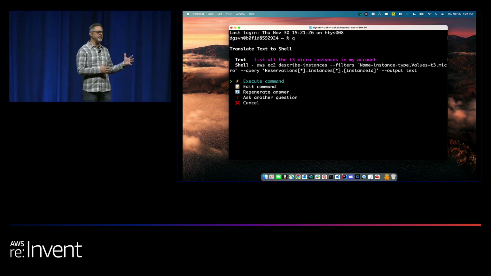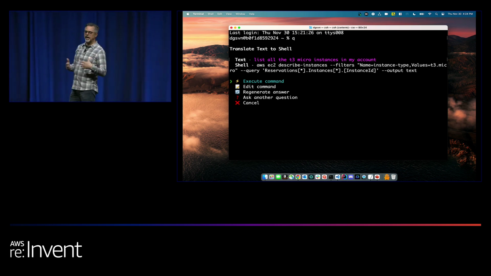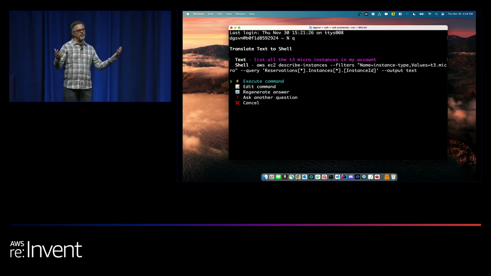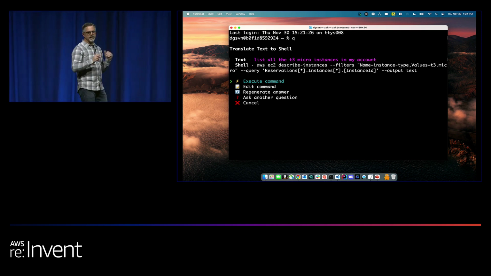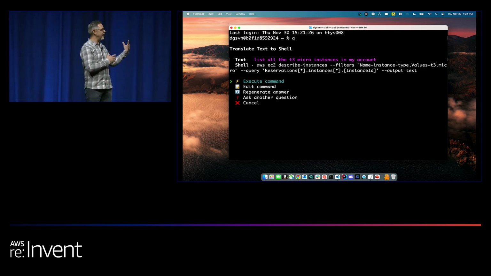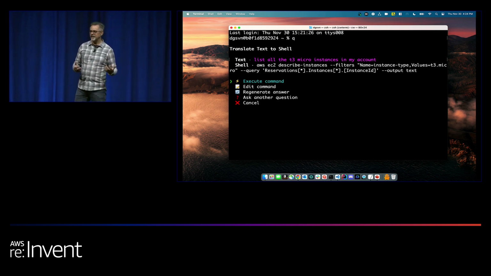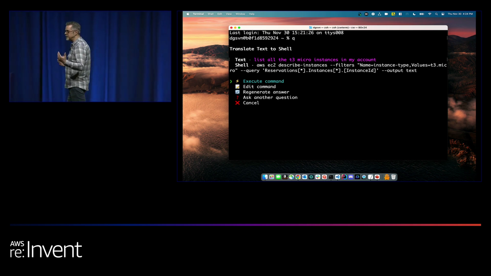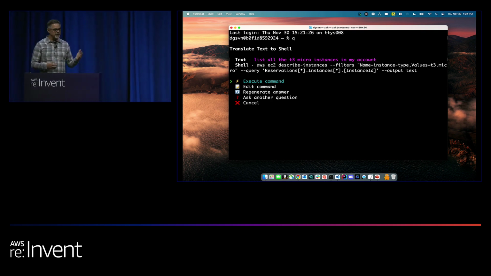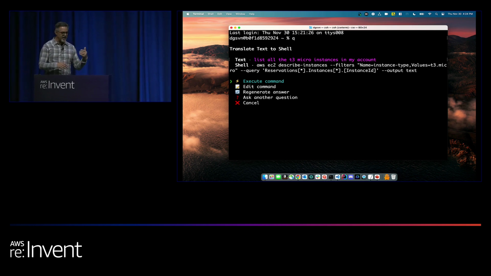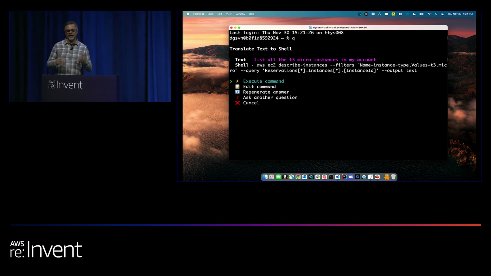And this is very similar to what we built in CodeWhisperer, where I can express myself in natural language. I can express myself in a comment, and Q and CodeWhisperer will look at that comment, understand the intent, and give you the code to do that. And now we do that in the command line with all your favorite CLIs. So now I can just express myself in text and get the command. If I want to change something, like a variable name as part of the command, I can say I want to edit that command, I can fix it, I can regenerate it, I can do all these great things.